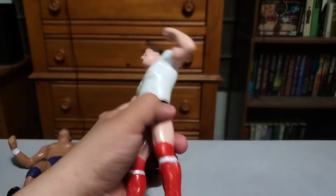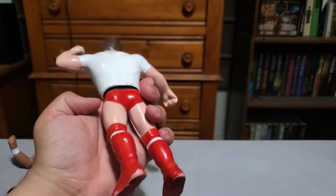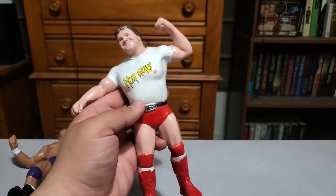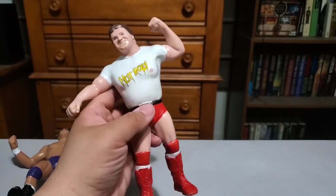Like his knee pads are good, the trunks are good, no paint loss on the back, a little bit of paint loss on the boots, a little bit on the hair, but beyond that, he looks fantastic. I'm okay with that because most of the